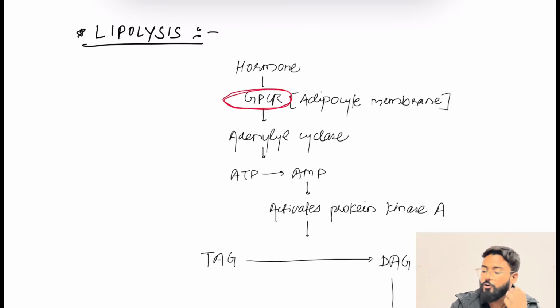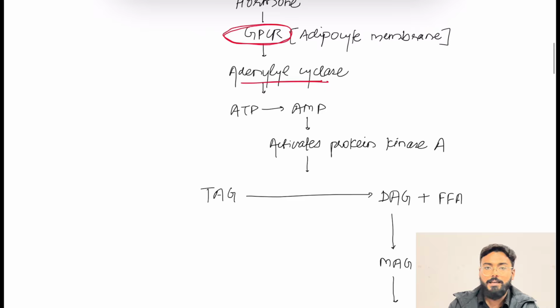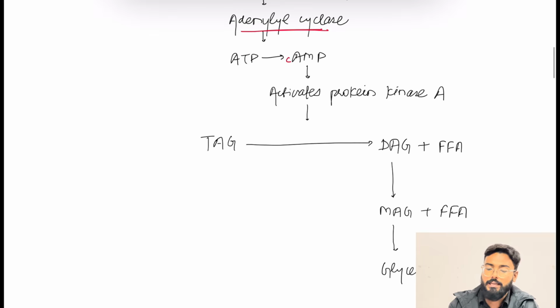Okay, so these hormones are going to act on these G protein coupled receptors, which are present on the surface of adipocytes, on the adipocyte membrane, which in turn is going to stimulate adenylyl cyclase. This adenylyl cyclase in turn is going to convert ATP into cyclic AMP, and this cyclic AMP in turn activates protein kinase A, and protein kinase A further is going to activate one enzyme, that is your